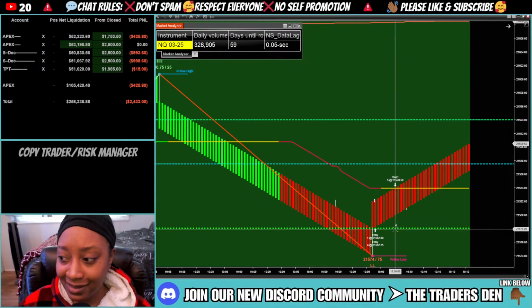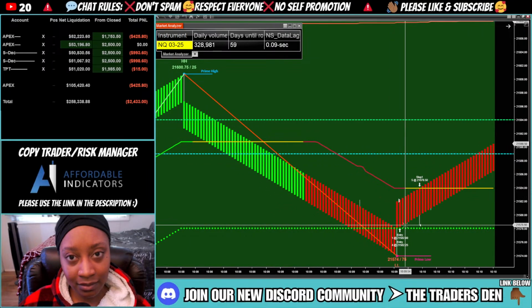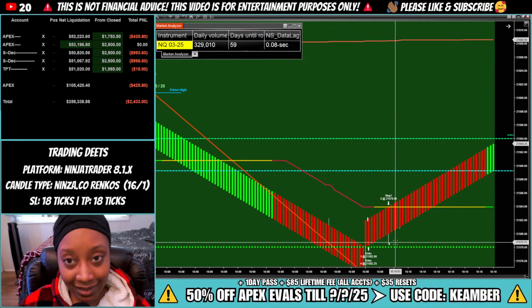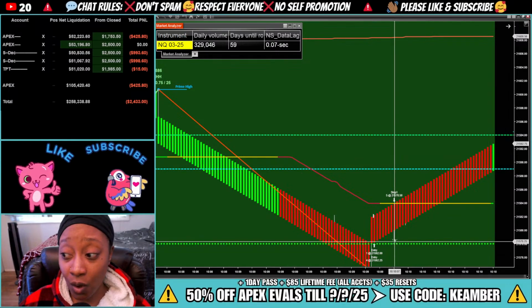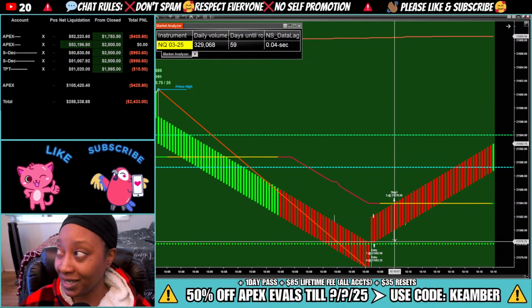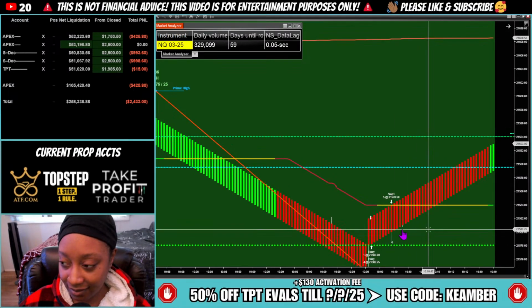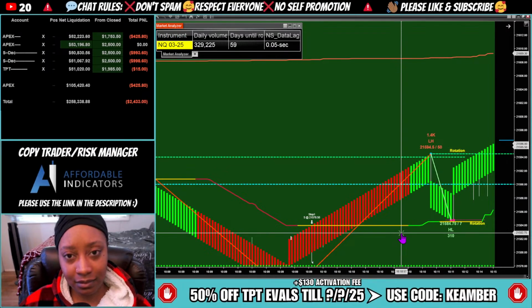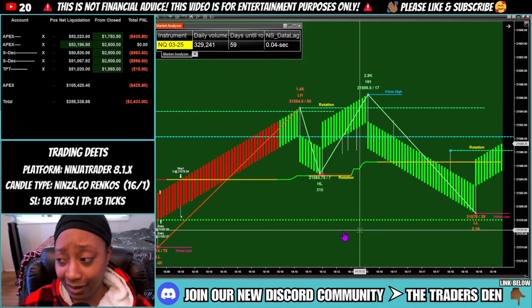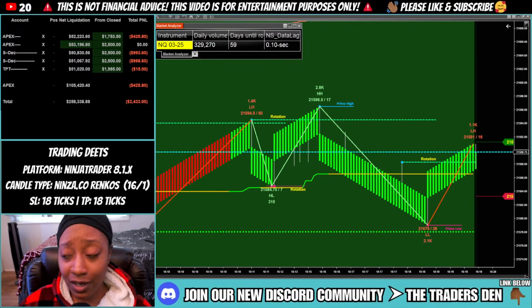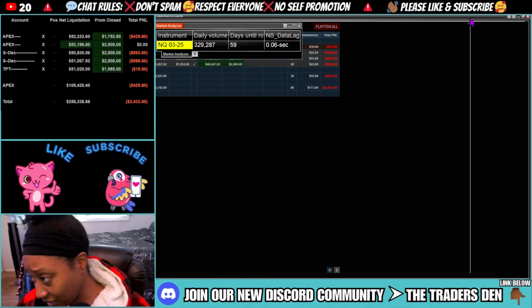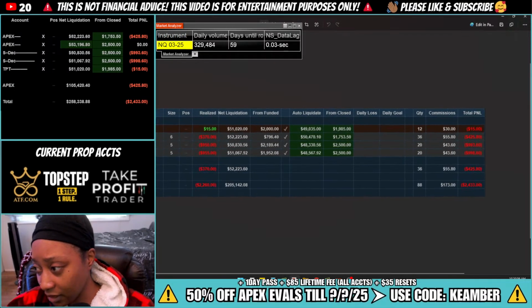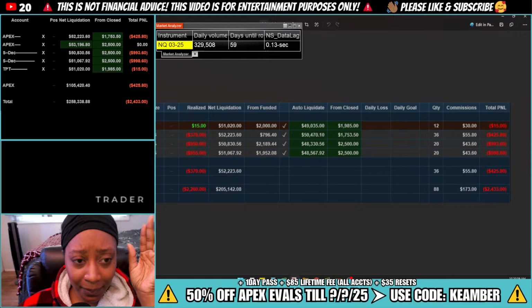Great. Why is my stop loss right here? I don't have a stop loss of 3.5 points. So you just cost me extra money because you're putting my stop loss a whole point ahead of where it's supposed to be. That is frustrating. Because what am I supposed to do to fix it? Please tell me. I would like to know. I wish I could go in there and fix it myself because who knows when this is going to be fixed. God. Anyway, here's the accounts. I'm mad.